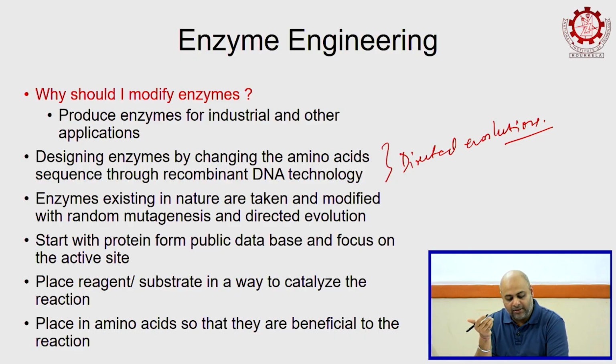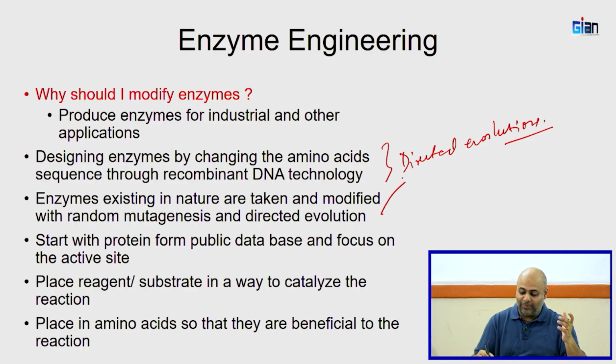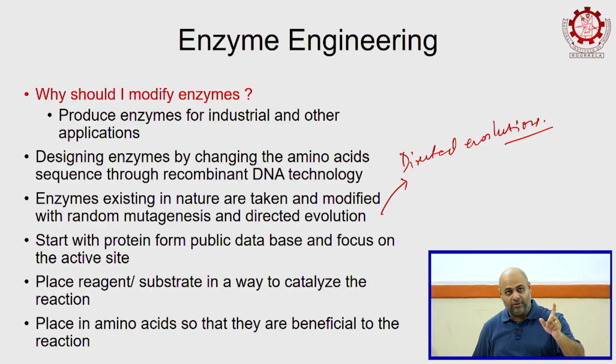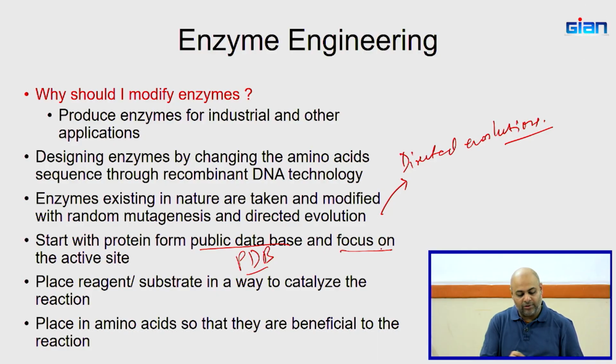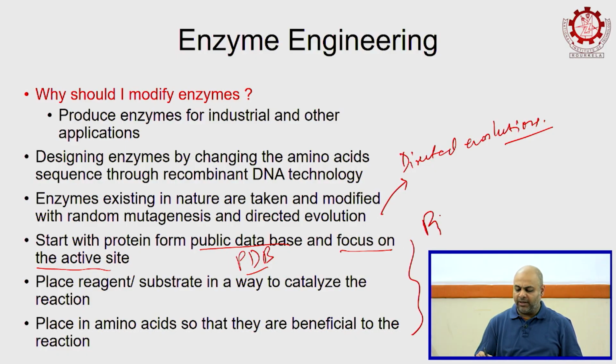Now, enzymes that exist in nature are taken and modified with random mutagenesis. Sorry, this is directed mutagenesis, sorry, evolution, the other one is not. My mistake, please. And you start with the protein from the public database, which is your PDB. You focus on its active sites, and you place the reagent or the substrate in a way to catalyze the reaction. Now, you would have heard in bioinformatics